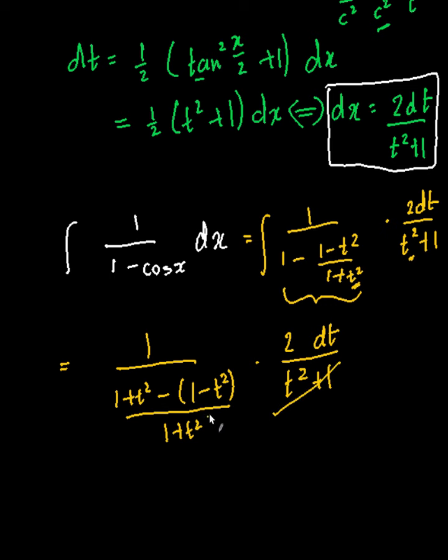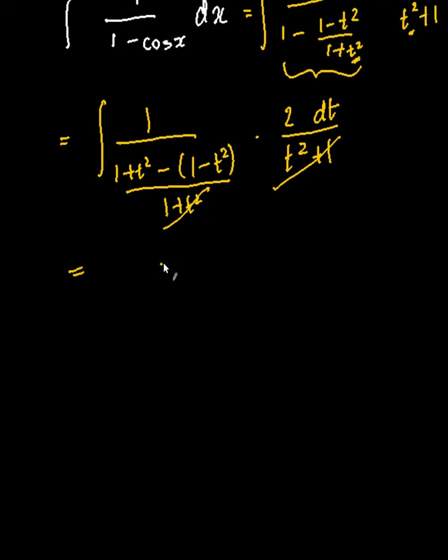Okay, so this guy will cancel out with this thing, right? Oh, I forgot the integral sign. Okay, so finally we end up with the integral of 2 dt, but I'll take the 2 outside, and all I have at the bottom, when I simplify this bit out, I will end up having